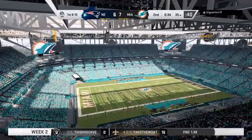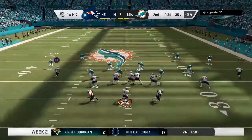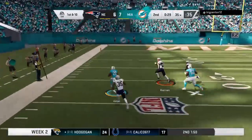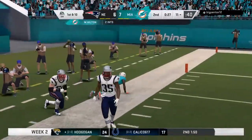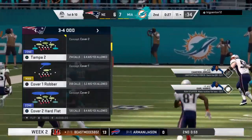Now the Patriots going to use one of their timeouts as the clock will stop with 34 seconds to go before halftime. On 1st down, McCarthy looking for Marshall, but it's intercepted. Picked off by Mike Hilton. They were looking for Marshall that time. I know it's just his 2nd year in the league as a quarterback, but that's going to be one when he flips on the tape. He's like, I should